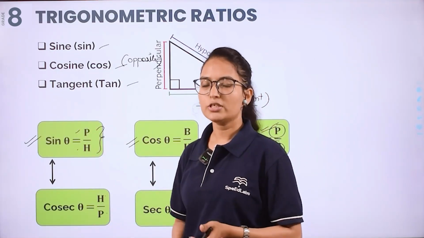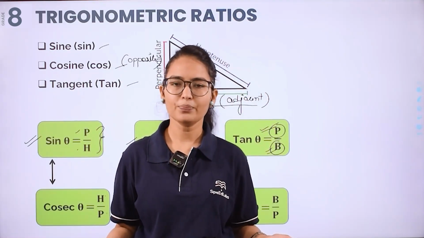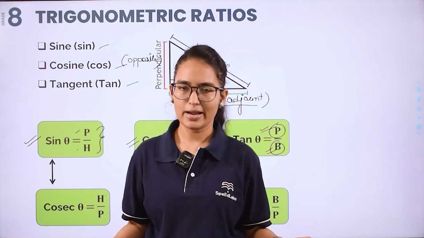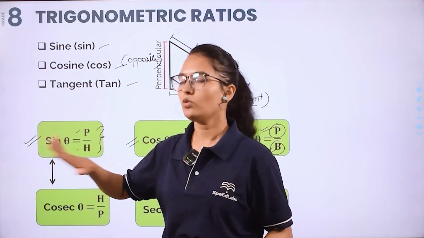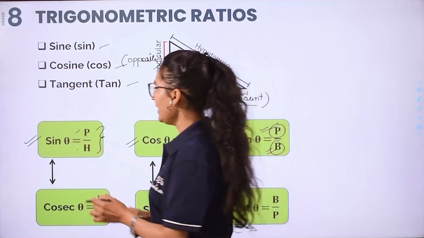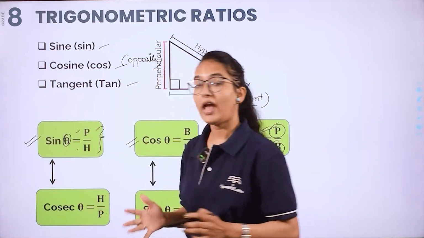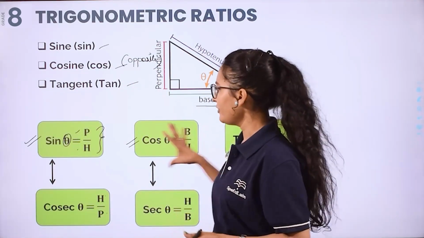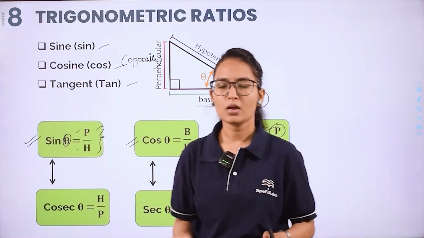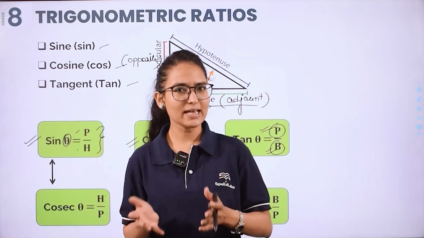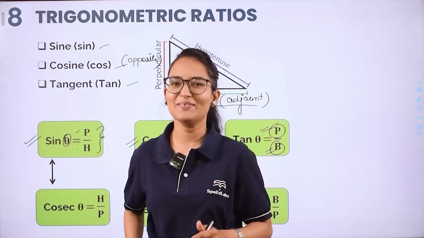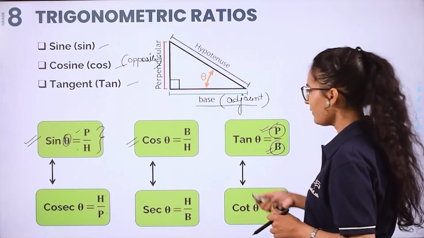Because they are ratios, they do not have any units. Okay, because ratio does not have any unit, right? And these all are ratios, so they do not have any unit. Everything will be decided by this, that is your angle of reference, and these are the definitions that you have to remember. But what if you forget the definitions? Is there any short trick to remember? Let's proceed with that. Okay, so what is the short trick? We will see.